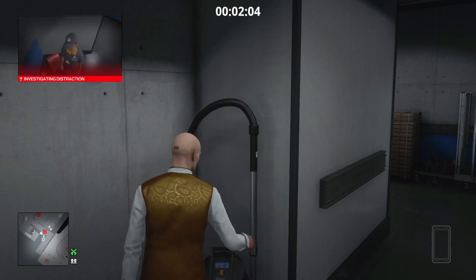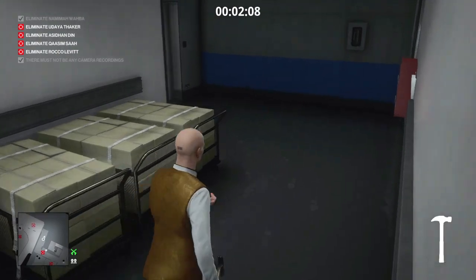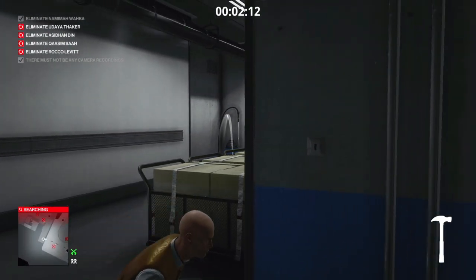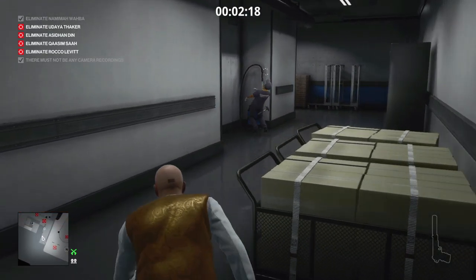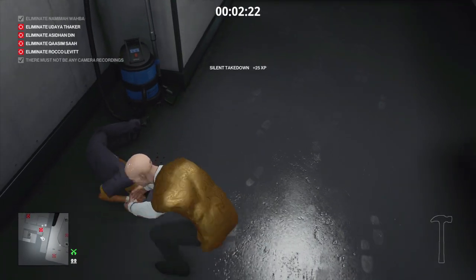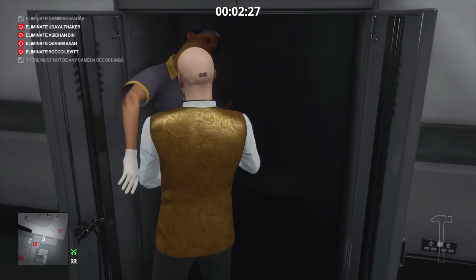So once we're into the staff only areas again, we're going to activate the hoover there, or the vacuum cleaner, and grab the hammer. That will get the attention of the young tech lady here, who we will render unconscious with said hammer. We're going to retrieve that as well, plant the young lady in the closet provided, and then